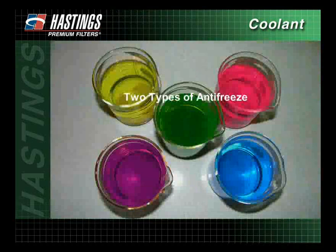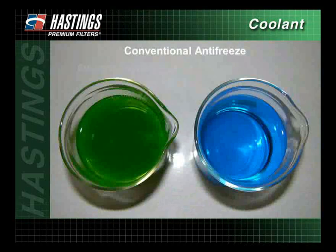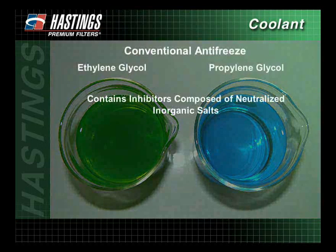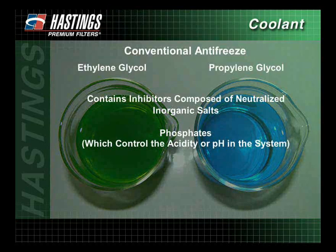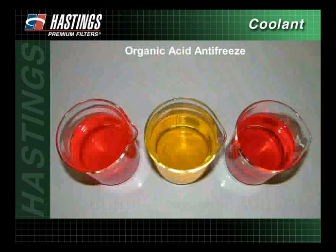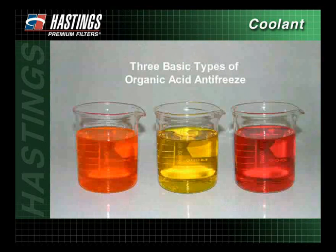To protect system components, antifreeze is added to water to form a coolant mixture. There are 2 types of antifreeze: conventional and organic acid. Conventional antifreeze is usually made up of ethylene glycol or propylene glycol. Conventional antifreeze also contains inhibitors composed of neutralized inorganic salts, such as phosphates, which control the acidity or pH in the system, and silicates, which protect aluminum components against corrosion. Organic acid antifreeze is also usually made up of ethylene glycol, but contains inhibitors composed of organic salts, which contain no phosphates or silicates. These organic acid inhibitors, which protect the cooling system against rust and corrosion, allow for extended service intervals. There are 3 basic types of organic acid antifreeze: